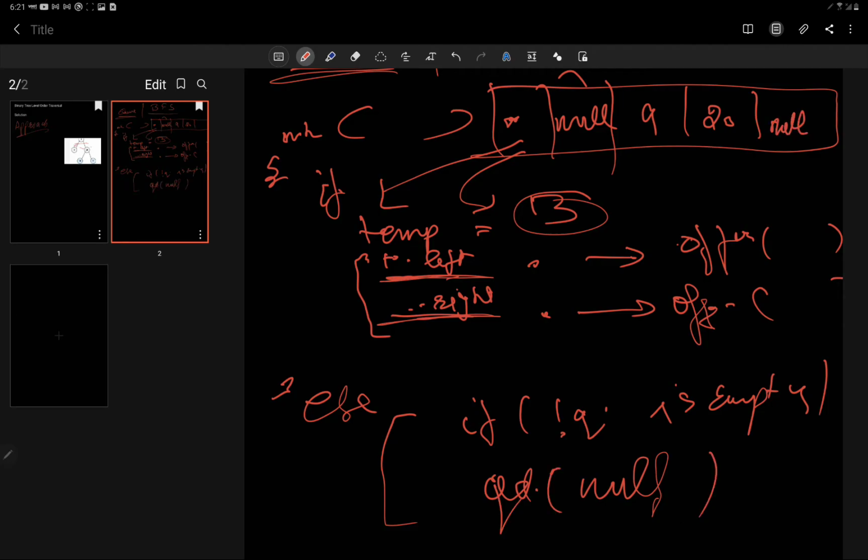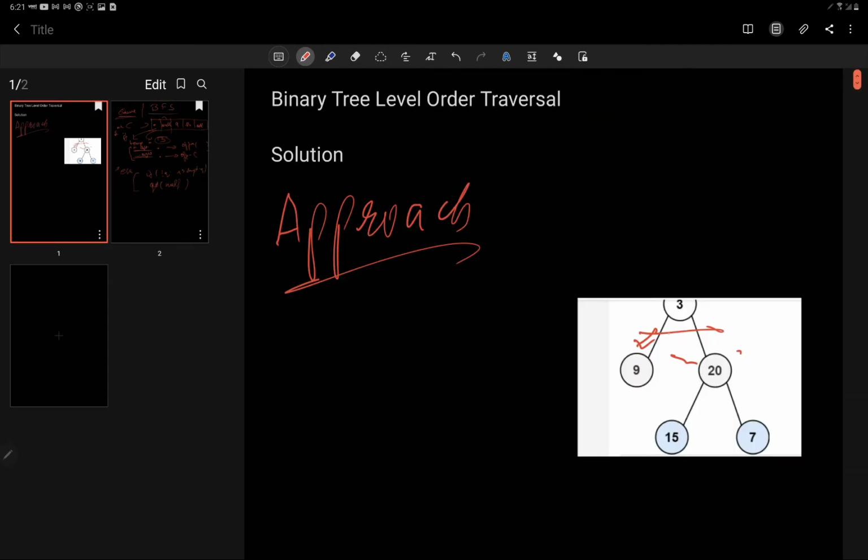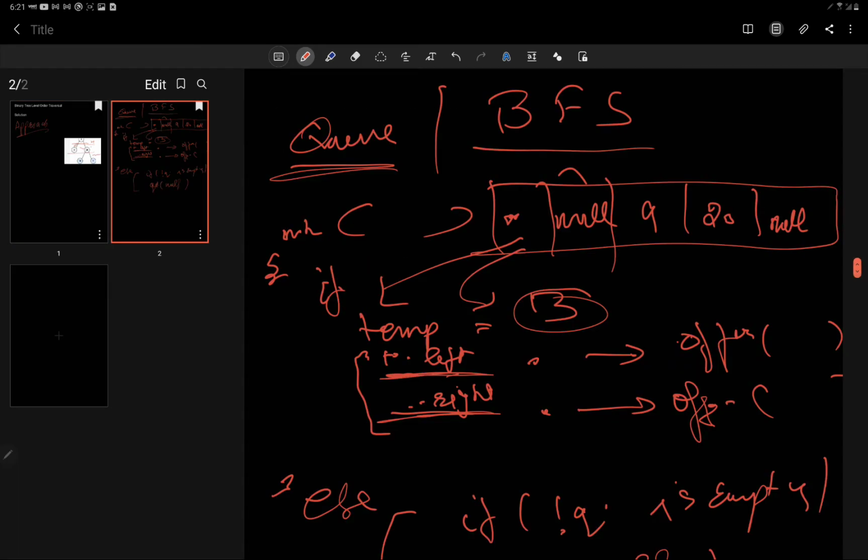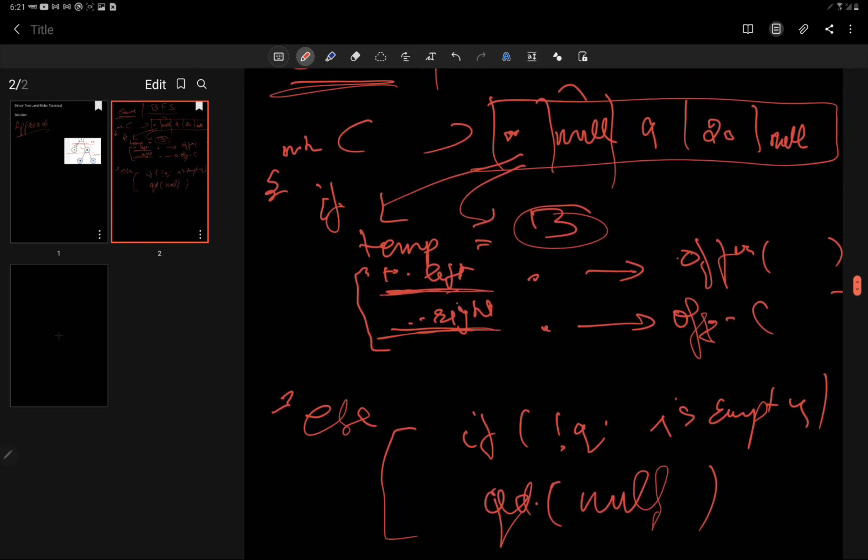So now as you can see, it's in a manner that first 3 was there, then null value, then 9 and 20 came, then null value, and if we traverse them, then these two will obviously come. Alright, I hope the traversal is clear at this point, why we are adding null values and how we are checking it and everything else. Alright, now moving on to the question that was given to us, that is the level order traversal. As of now, if we add print value up till here, then the values would be printed in a level order traversal way. Alright, so our job here is done.